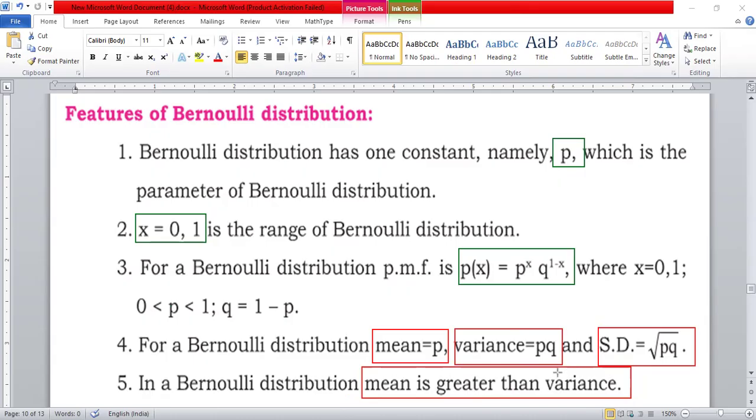For Bernoulli, they can ask only 1 mark or 2 mark questions. And for binomial, Poisson, and hypergeometric, it may definitely be a 5 mark question, 2 mark question, or 1 mark question also. I repeat,